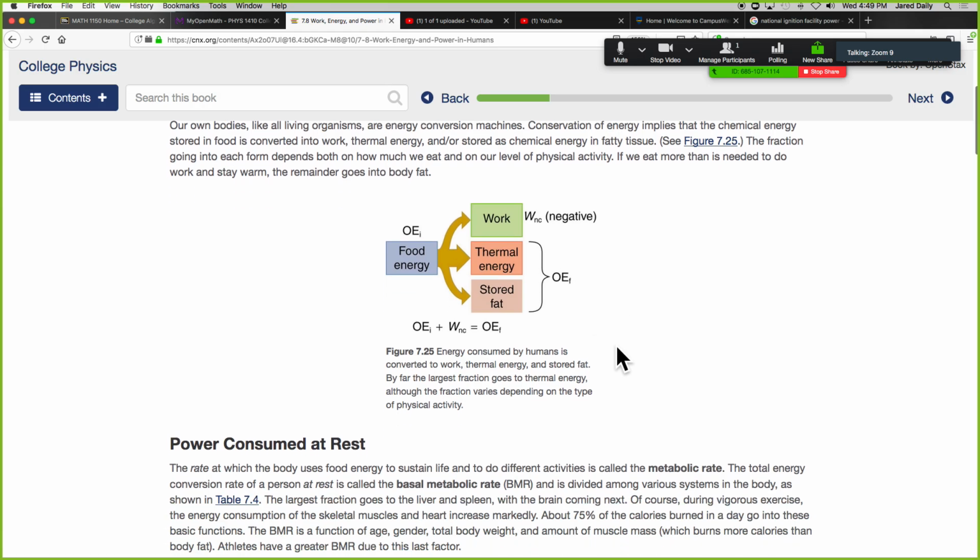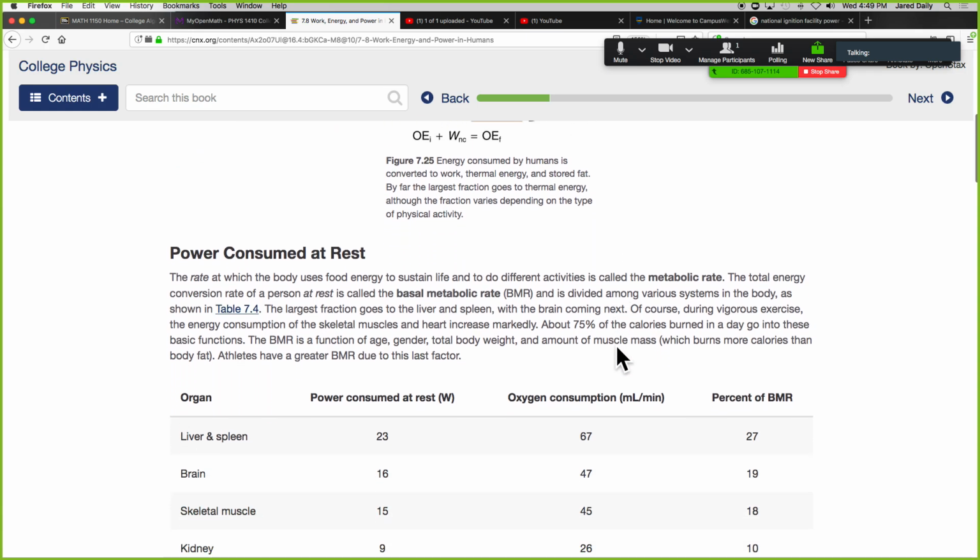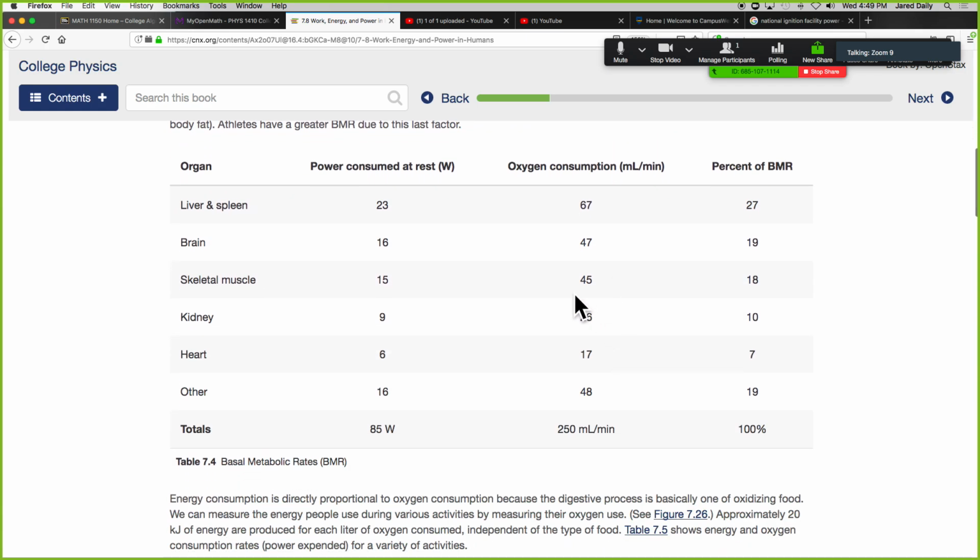let's see here. So here they actually show some of the amount of energy or this power that is consumed by your liver, your brain, skeletal muscle, right? So right here, your brain actually uses just as much energy as your muscles do when you're just sitting still. It's kind of interesting. Of course, when you're moving, your skeletal muscles use a lot more energy. Your kidney, your heart, other things in your body, total of about 85 watts of energy, 85 joules per second